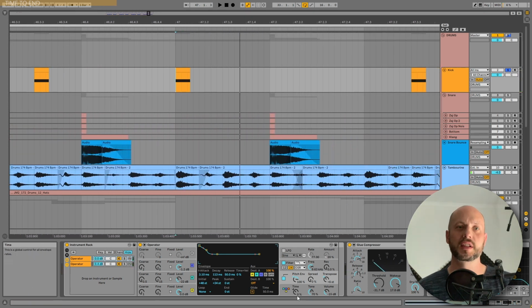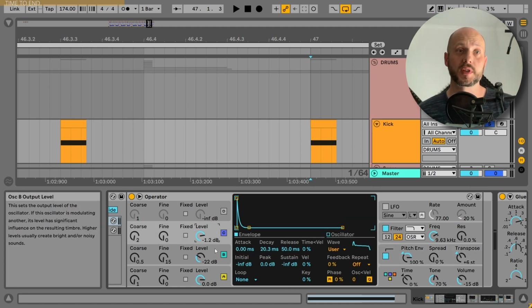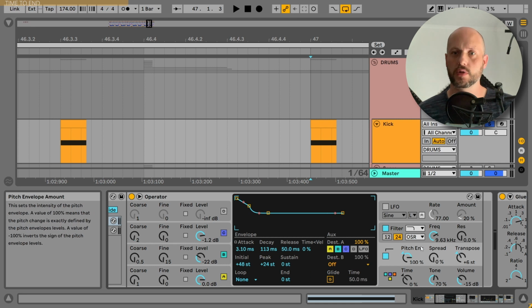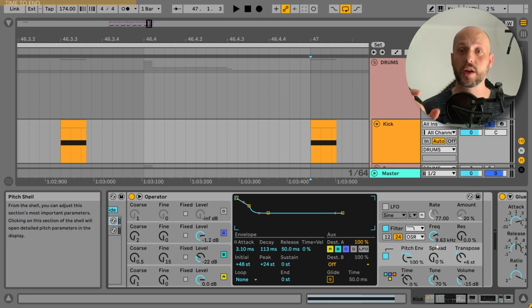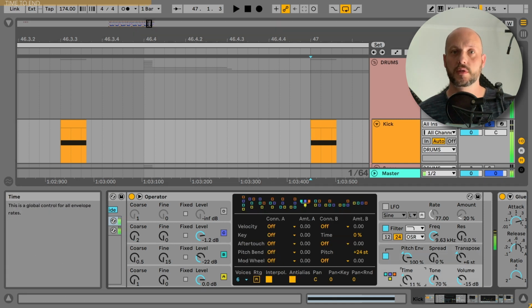sounds like this. Here is this knob where you can tweak the time of the kick, which means that all of the envelopes here, and especially the pitch envelope, will be tweaked at once. So if you want to make a little smaller kind of kick or a little bigger with huge transients, you can use only one knob to tweak this. Let me show it to you what I mean. How cool is that? Or if you want to go a little with a lighter sound,